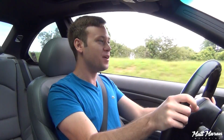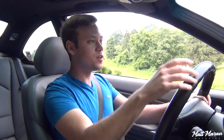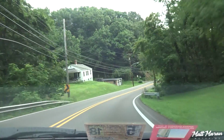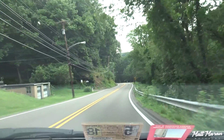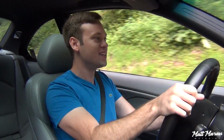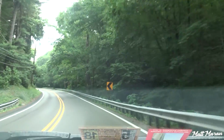Other things to note though is the ride as I'm driving more and more, it's really smooth. We're not on super rough roads, but some of the roads a little bit earlier weren't the best, and it's still really smooth. The steering is pretty sharp and direct as well, so every little twitch of your arm, it really responds well and feels pretty sharp. It's not quite as aggressively set up as modern M cars, so it has a little bit more of a relaxed feel to it, I will say that, but it does feel